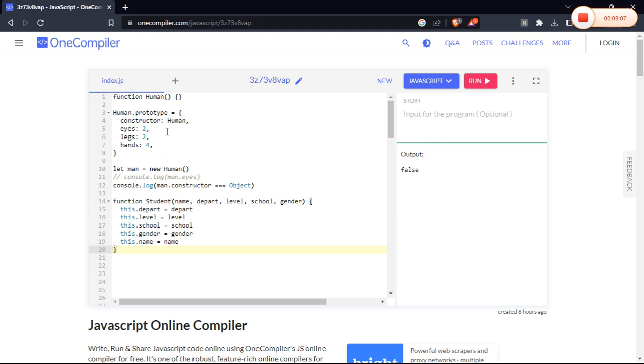If I go ahead and do it, and I don't specify the constructor for this particular human object, JavaScript is going to be saying that man, or those instances that I created, were instantiated from something different. It was instantiated from normal JavaScript objects. So to fix that problem, you need to use